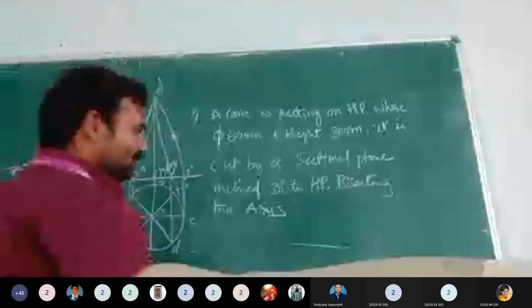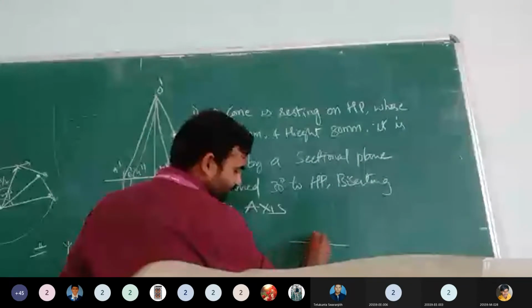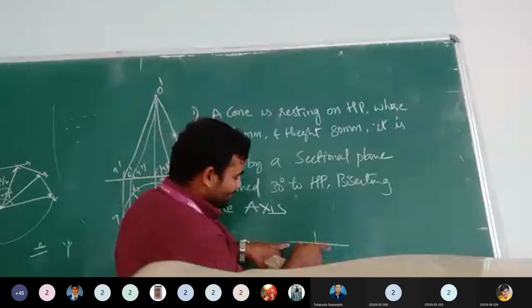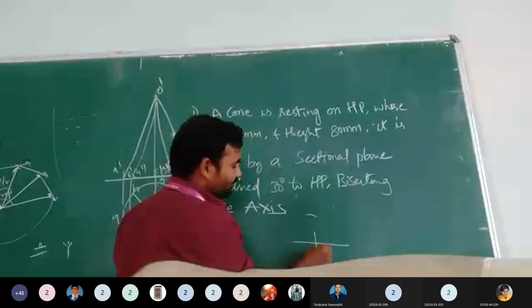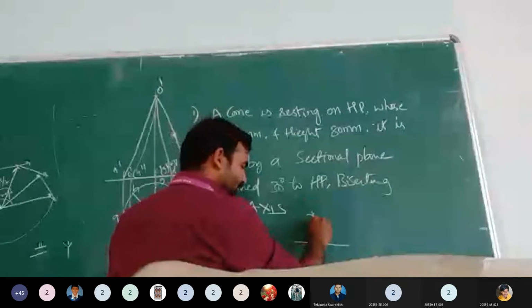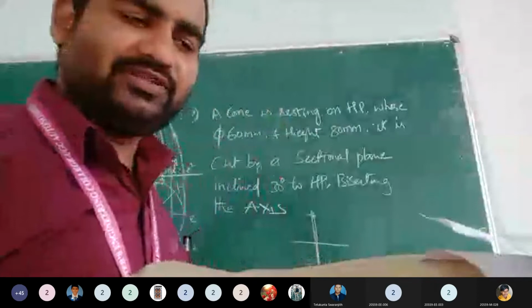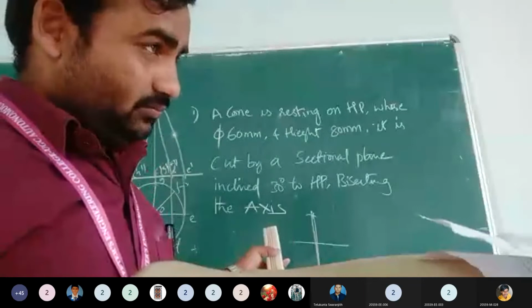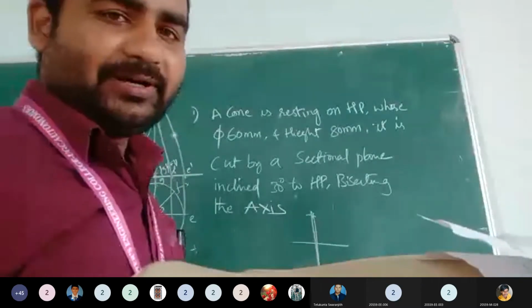Bisecting means, for example, a line is there. If you want to make the half of that one, already you have learned in your previous classes, in the 10th and so on. If you want to bisect the angle, and if you want to bisect the line, you take the radius more than half and you make an arc here and here, and from here. Wherever they touch, if you join them both, it will bisect the line. Yes or no? You have learned that many times, from the 7th class onwards. Yes or no? Yes, in the construction part. Okay, clear?